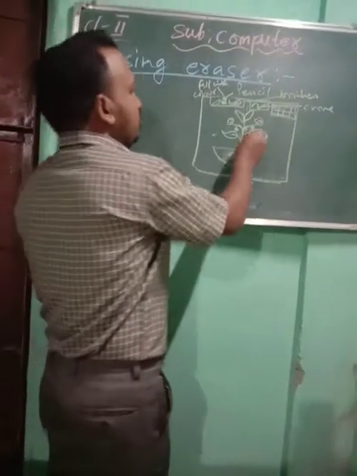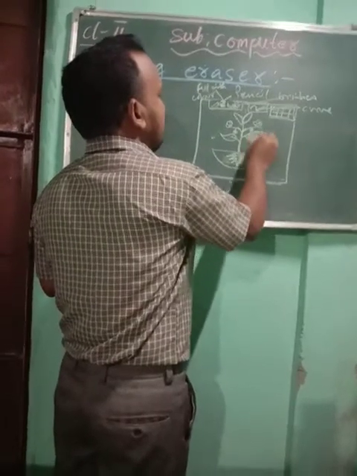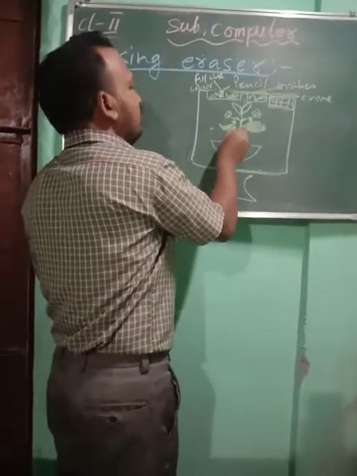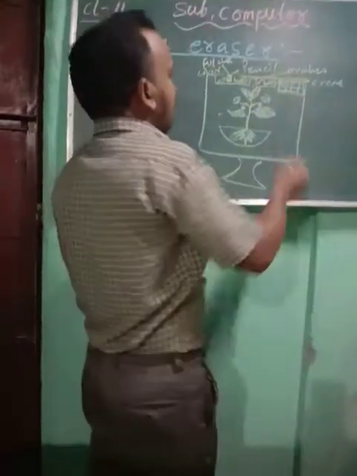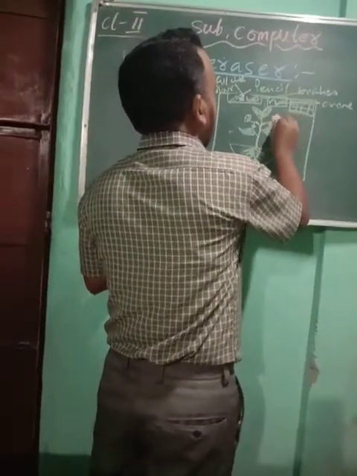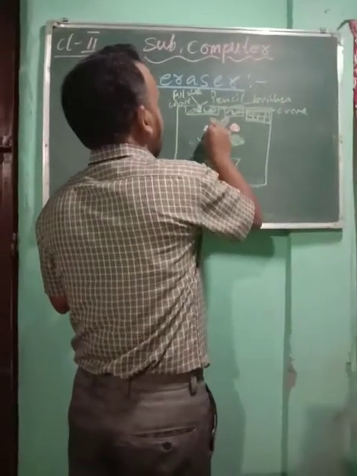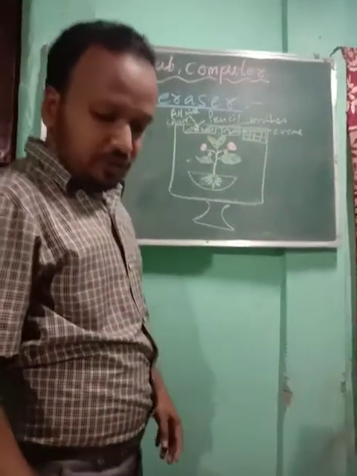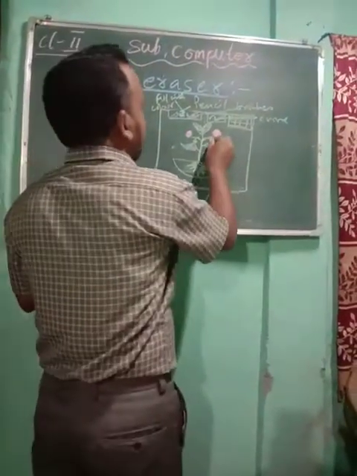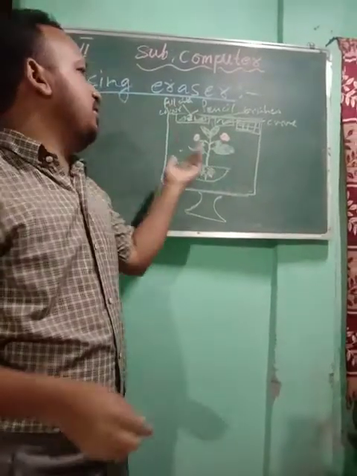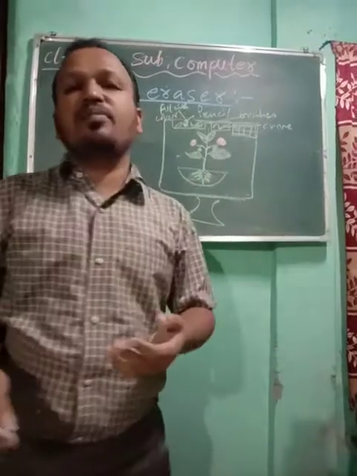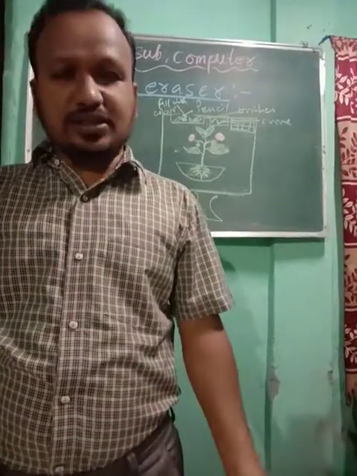You will put green color on the leaves. After that, suppose the flower is pink, you will put pink color on the flowers. Suppose you have drawn a brinjal, then you will put colors. In this way you can put different colors and you can make your drawing very interesting.